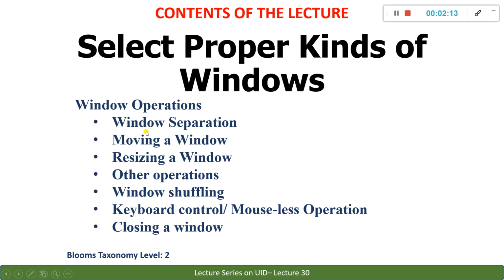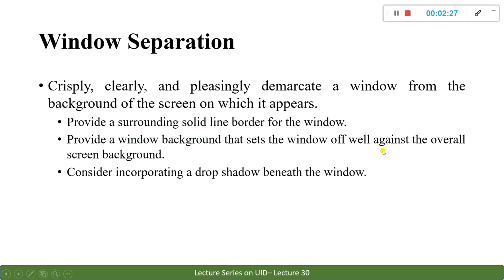So if you want to have a window which is quite separate from what is existing below, you have certain window operations. You can perform something called separating a window. You require this when you have opened more than one or two windows; at that time you may have to separate one window from the other window, which is in the background. That is what you always try to do, right?